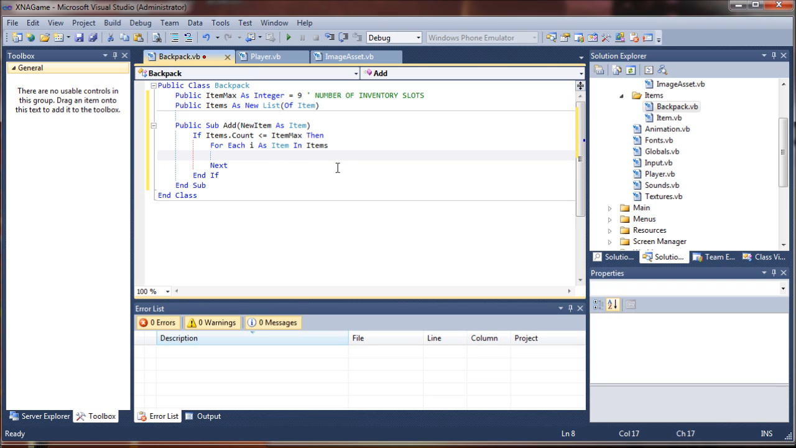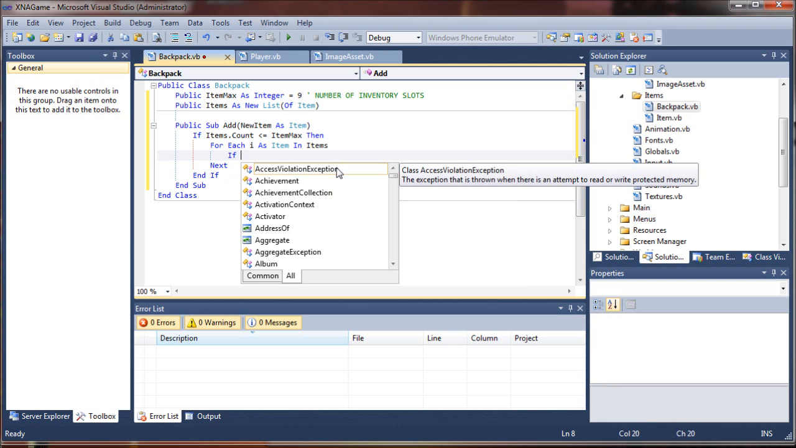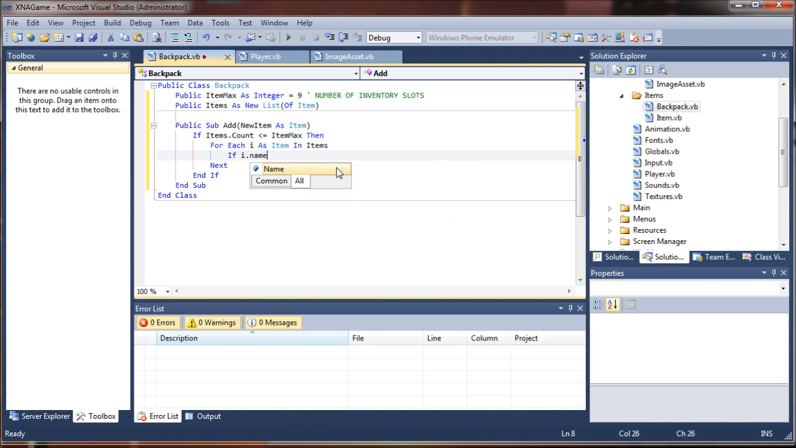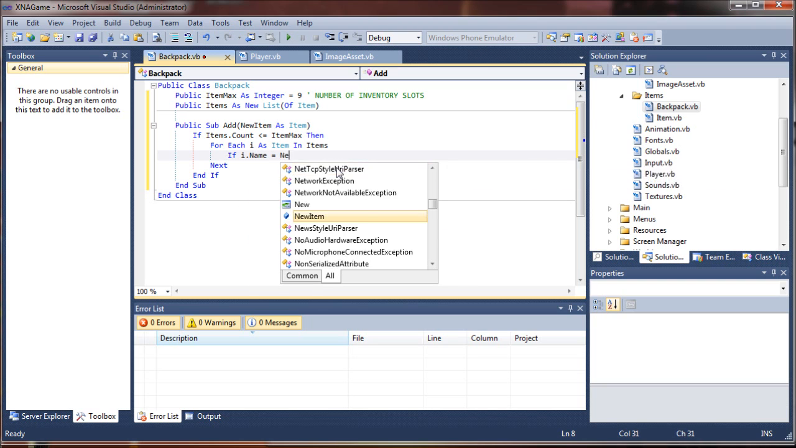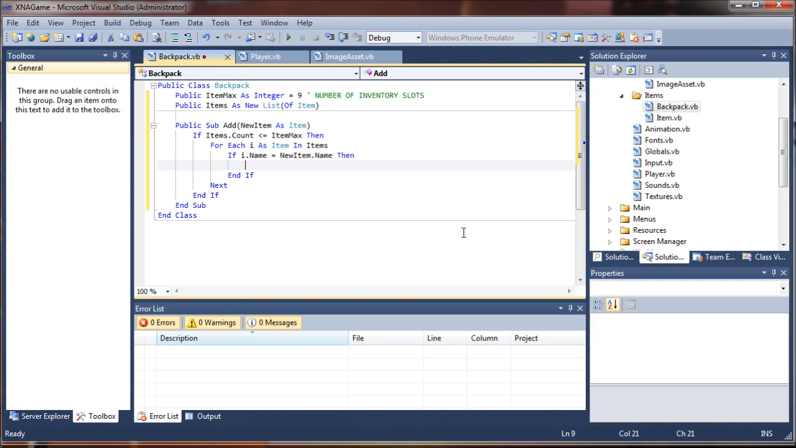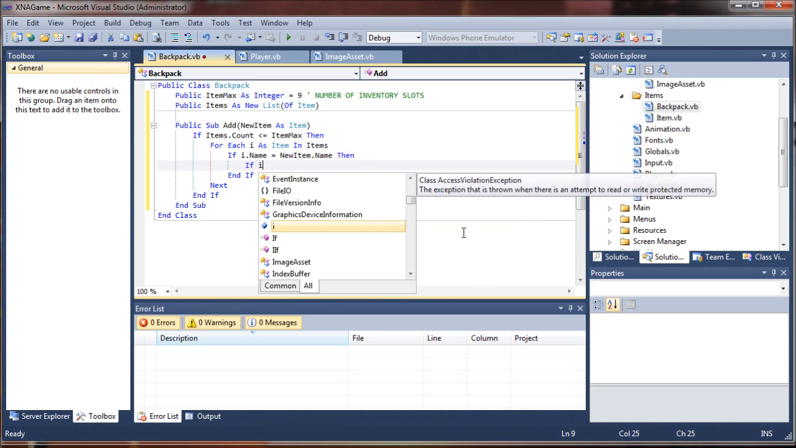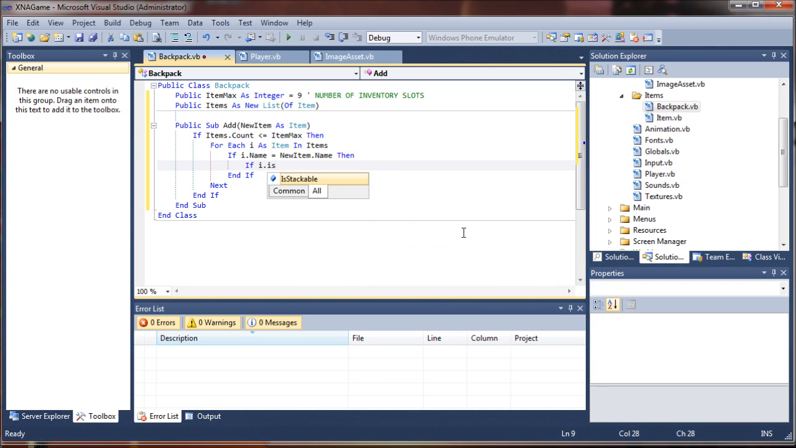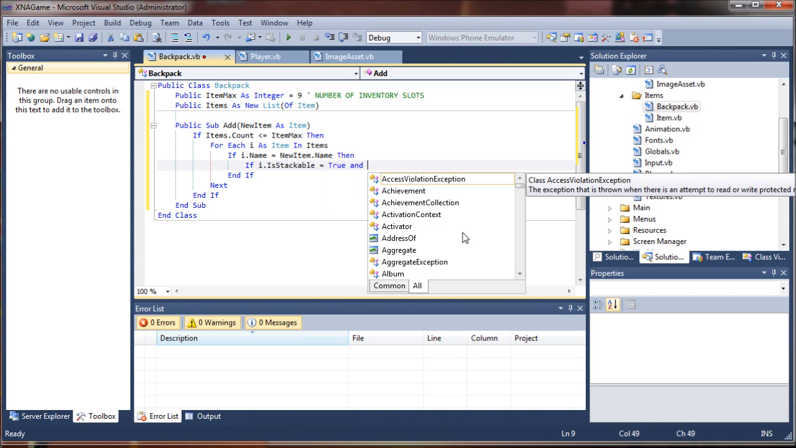And in this loop, we'll check and see if the name of the item we're picking up already exists. So I'll say if item I.name equals new item dot name. That's referencing the item we're passing through the parameter here. So we're adding a new item to the backpack possibly. Then go ahead and check if the item is stackable. So we'll say if I dot is stackable equals true, and if the item count